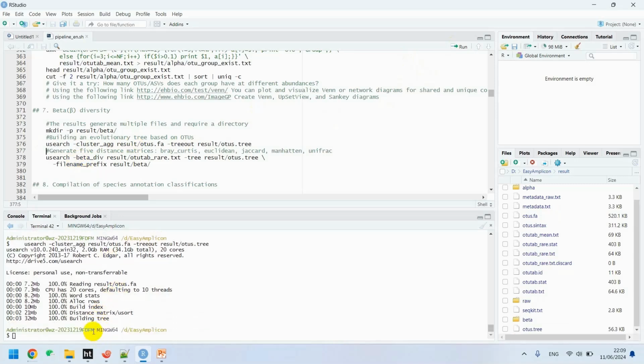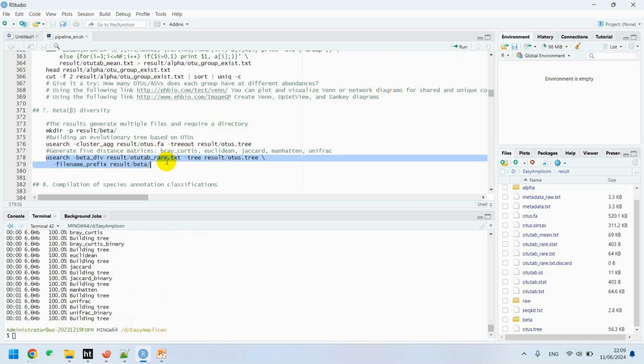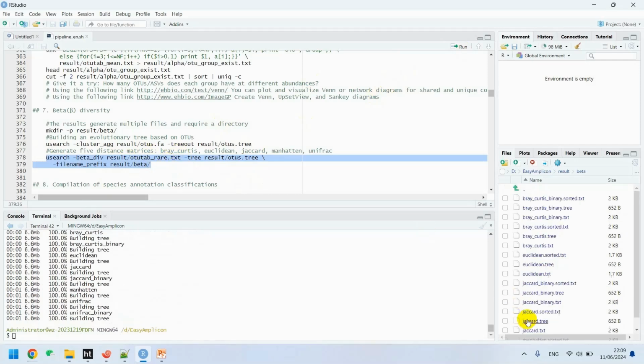Now it is going to give the OTUs tree here. And now generate 5 distance matrices, including Bray-Curtis, Euclidean, Jaccard, Manhattan, and UniFrac. We will run this code to generate these 5 kinds of matrices. We can come over here. Now see,